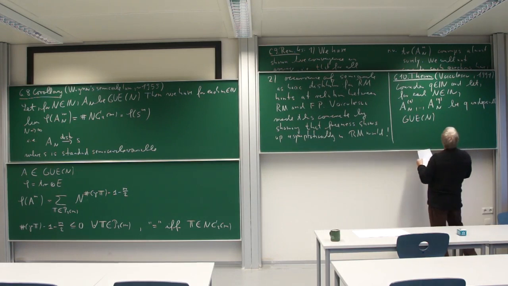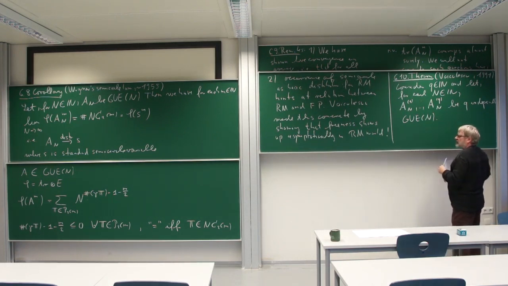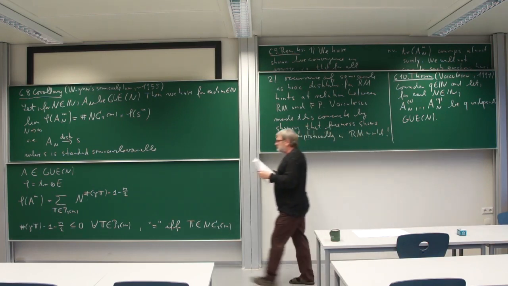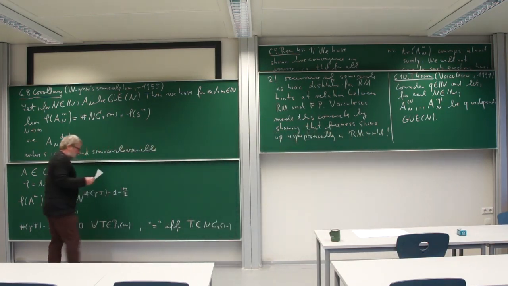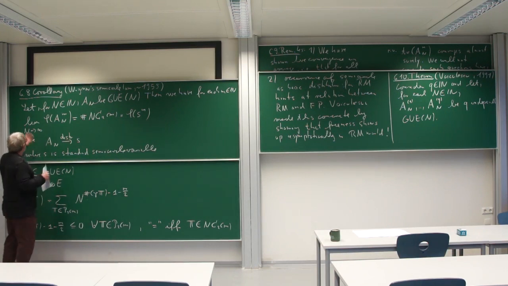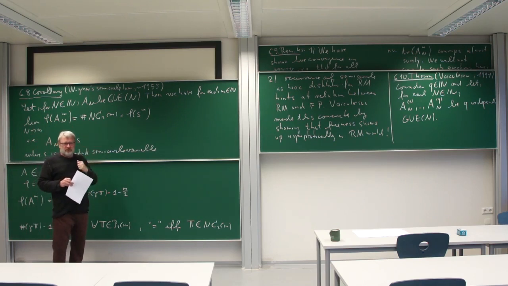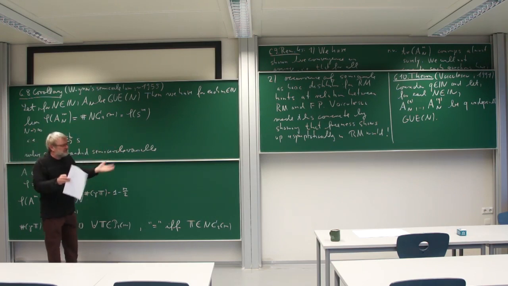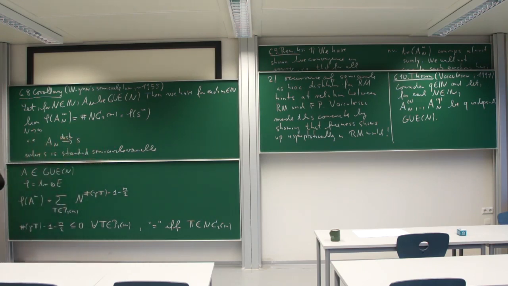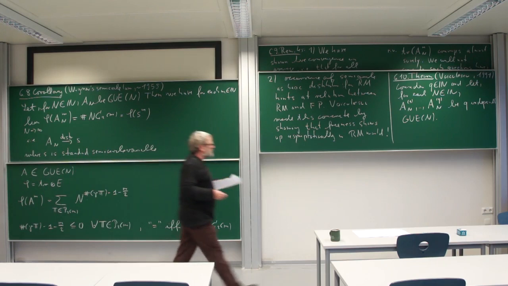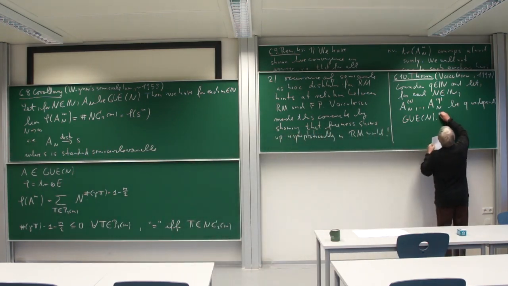Okay, and then we have the analog of this statement, namely that each of the A's here, of course, converges to a semicircle. But now, of course, we have q semicircles in the limit, and the joint distribution of the random matrices should also have a joint distribution in the limit. And of course, if things are nice, what do we expect? We expect that in the limit, the semicirculars are free. And that's indeed the case. So the statement here is then